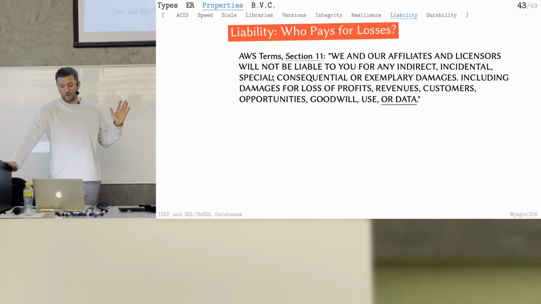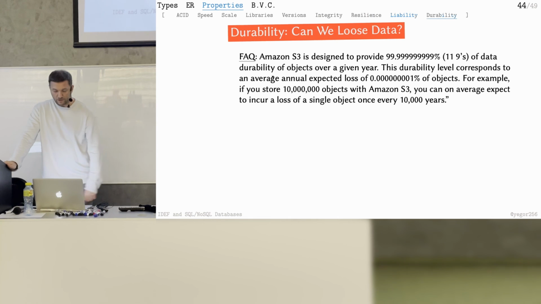This is 2021. You trust your data to Amazon. Data is gone. It's your problem. So you have to think about backup, security, encryption, duplicated copies, whatever. It's not only Amazon. Look at Microsoft. Look at many other cloud solutions. Look at Google. They will tell you exactly the same. Why they do it, that's a different discussion. But you have to remember that your data is not necessarily safe.